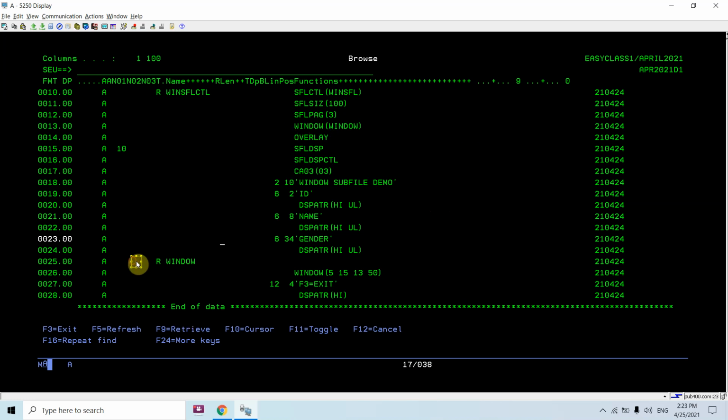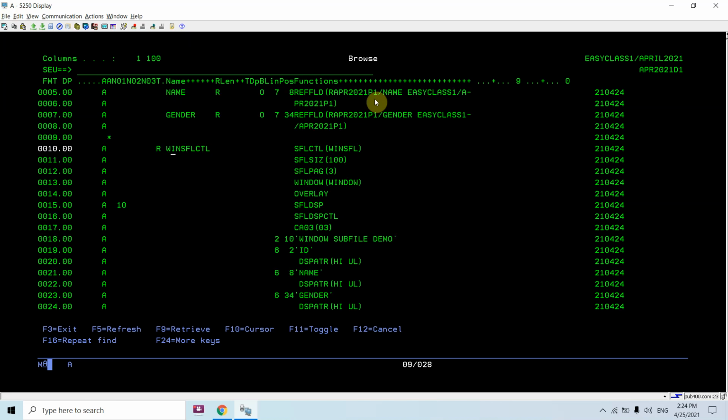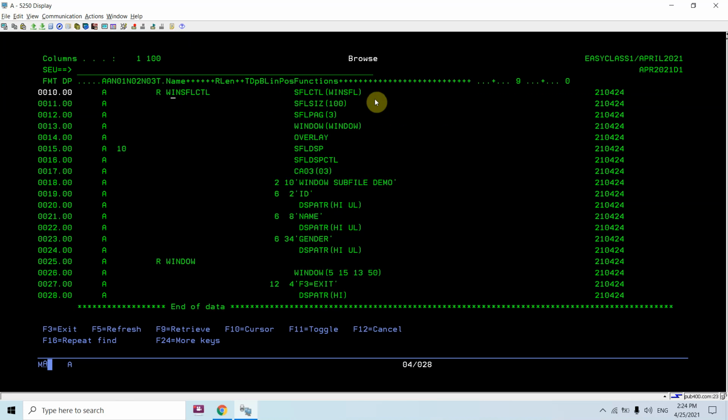If we had not used this approach, since we don't want to show the F3, we would directly use the dimensions here. Once we define this window keyword in the subfile control format, because we cannot use it with the SFL format, we can only define the window keyword with the subfile control format, the subfile control format will not display on the full workstation. It will display on the positions, or the dimensions, which we have specified in the window keyword. So let me show you.